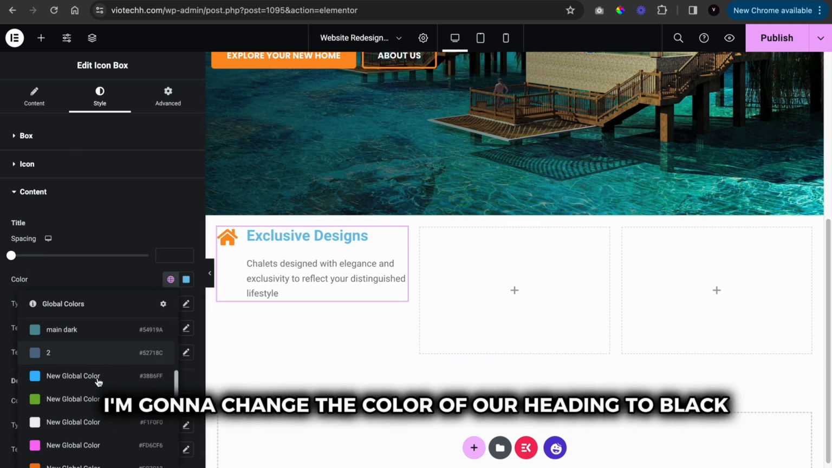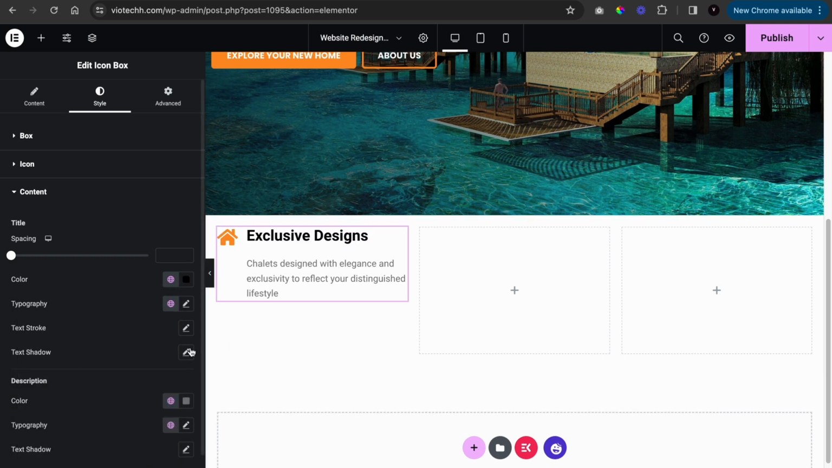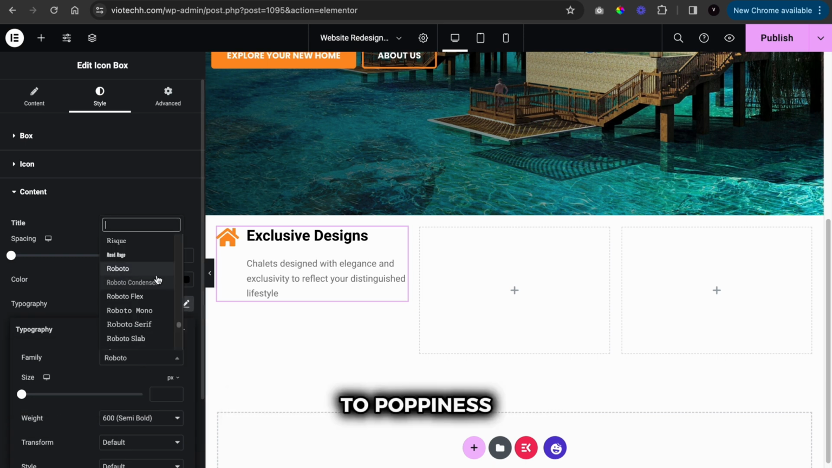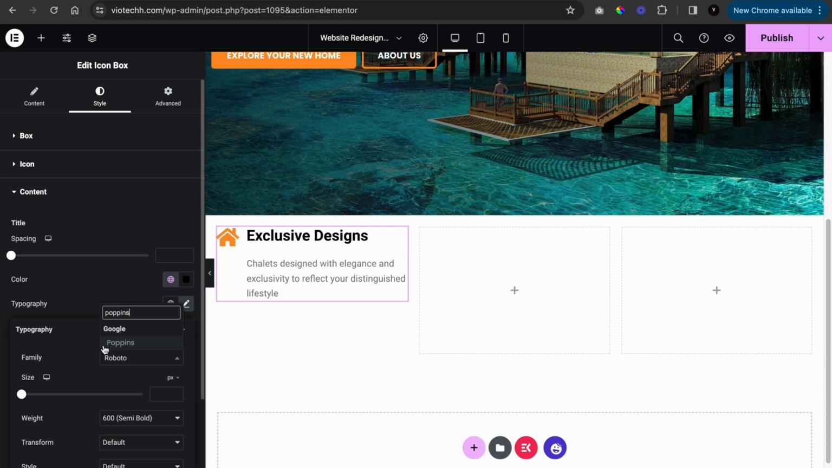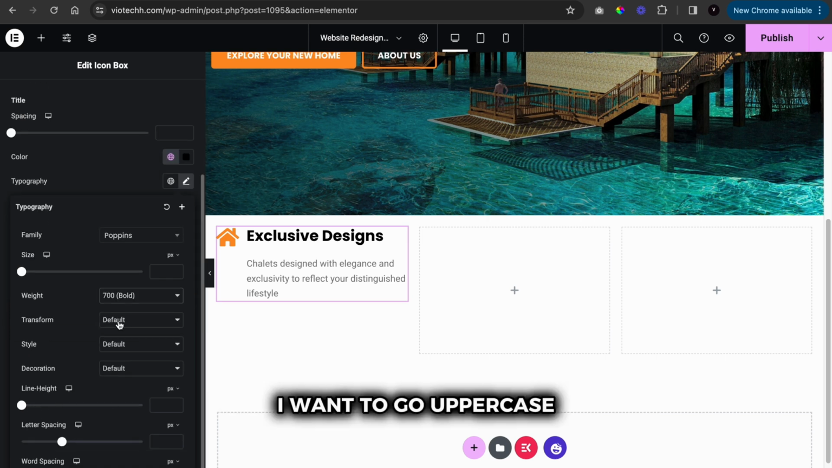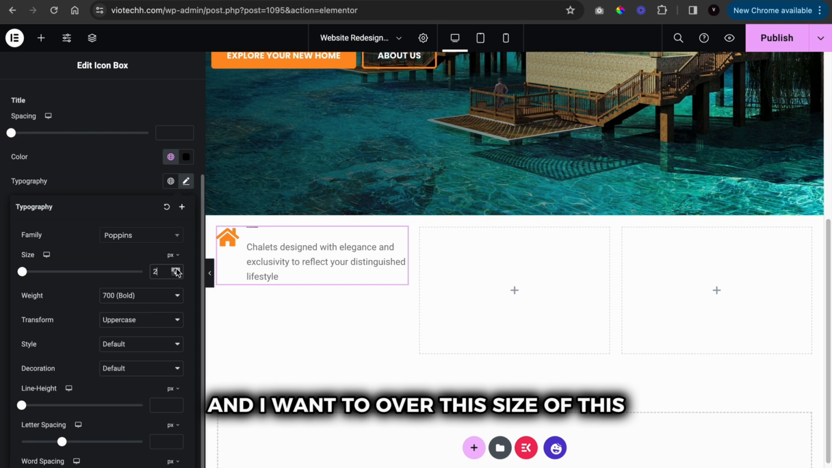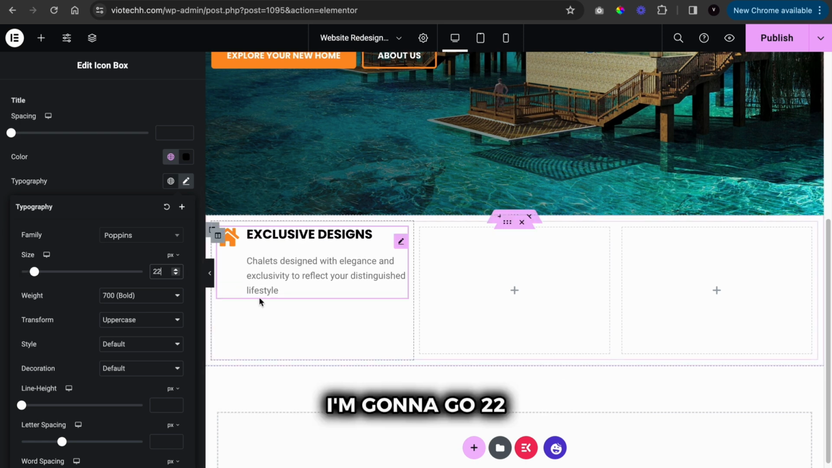and then we're going to go down to content, and we're going to change the color of our heading to black, and I want to change the text to Poppins, like so. And then we're going to go with 700, and we're going to go uppercase, and then we're going to lower the size of this, and we're going to go 22,